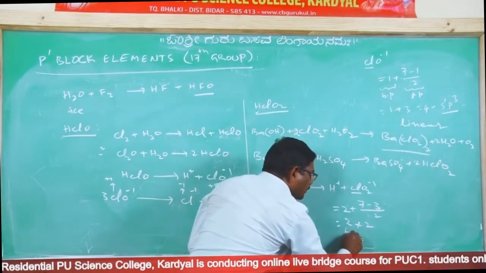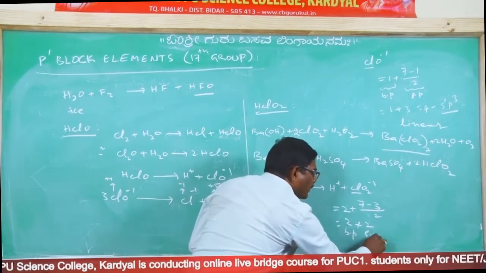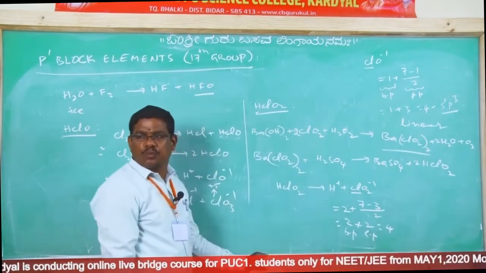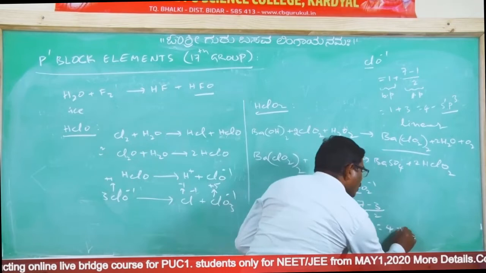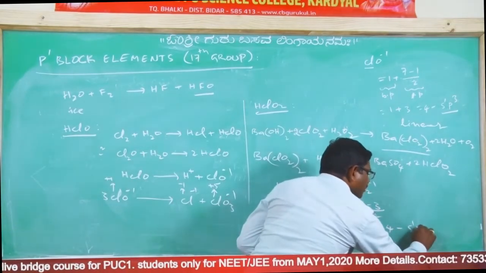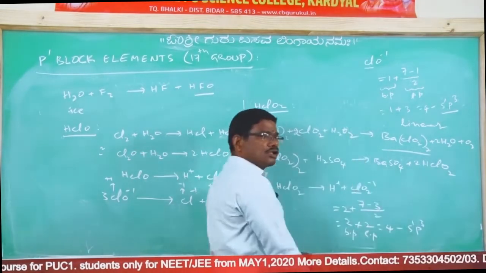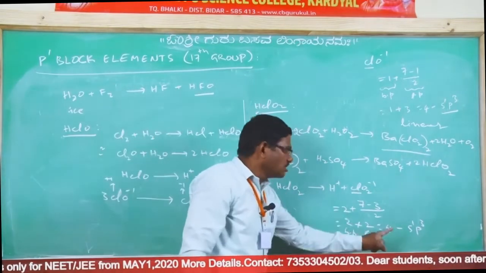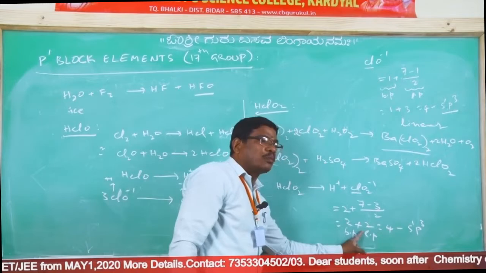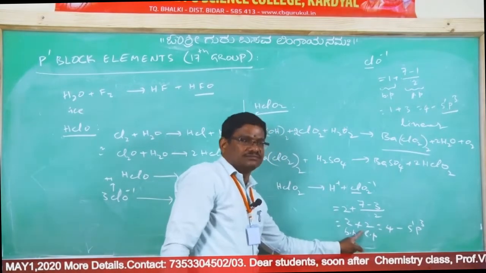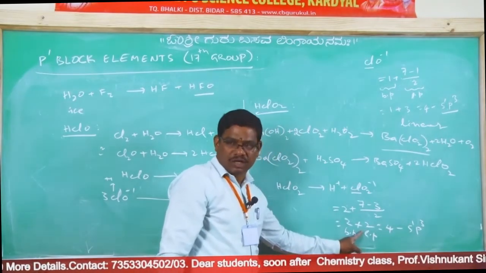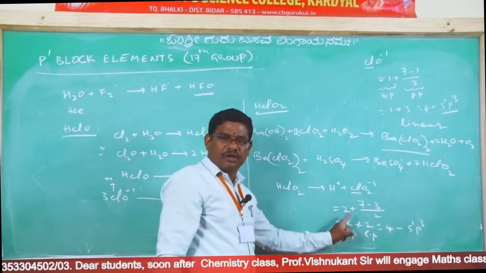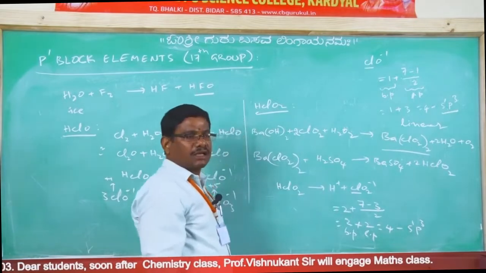Now 2 bond pairs and 2 lone pairs of electrons are there. Total number of pairs of electrons is 2 plus 2, 4. So that 4 pairs will be sp3. It also undergoes sp3 hybridization. In sp3 hybridization, with 2 bond pairs and 2 lone pairs, the shape is bent or V shape or angular. Angular or bent or V shape, 2 bond pairs with 2 lone pairs. Clear? So this is